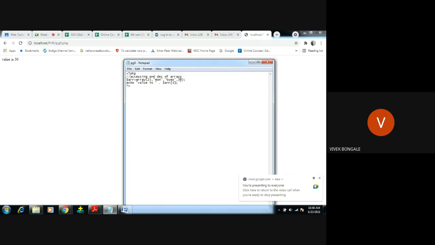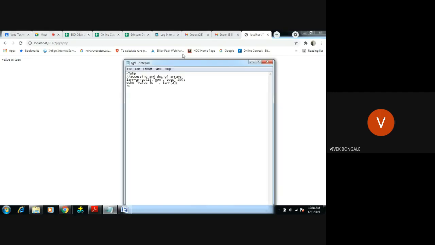We are trying to access this 30 as a value. What I will do is use 2 and remove this dot symbol. I will use a comma. Save. Value is Tuesday, as I said. So for concatenation, you can use dot, or comma, or no need of giving anything there.